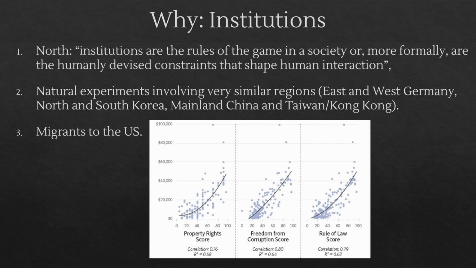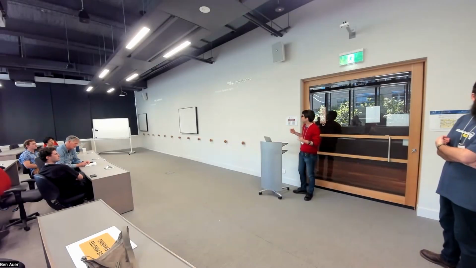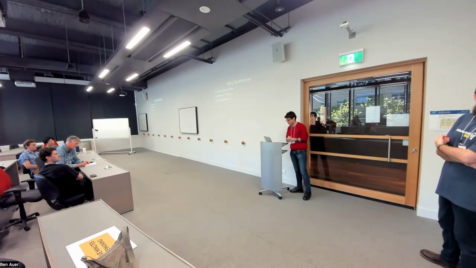There's also studies looking at migrants to the US, where crossing the US border from Mexico with exactly the same person can quadruple your expected earnings or something like that. And it's kind of hard to understand what's doing that, apart from higher levels of physical capital, but it's also the institutional structure that's very different there. Let's have a look at the next slide. There's much more to say about institutions than I can get to here.